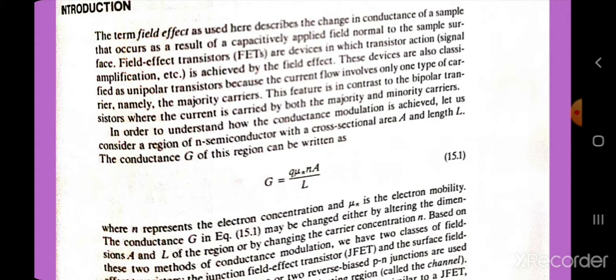Since the current in a FET is due to the transport of majority carriers, the current voltage characteristics of FETs are relatively insensitive to temperature change and radiation damage. Field effect transistors are also less noisy than bipolar transistors because of the absence of the generation recombination noise. In addition, FETs are simpler to fabricate and require less space in integrated circuits than bipolar transistors. The main disadvantage of FETs has been their lower gain bandwidth product compared to that of the bipolar transistors.